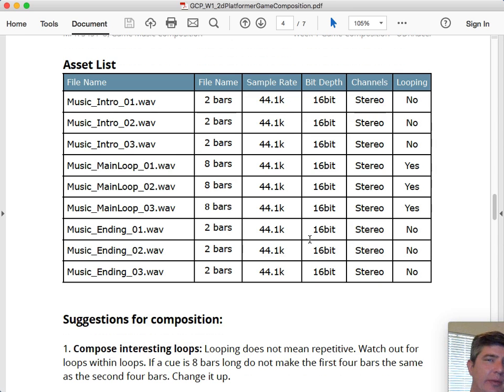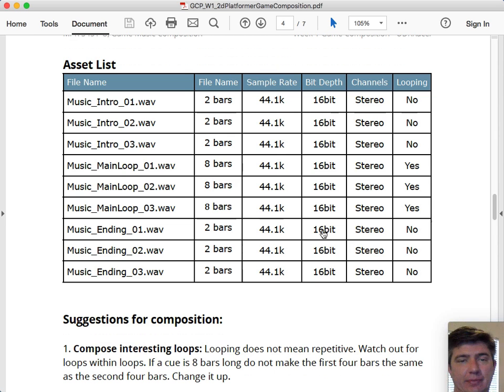The game will randomly choose one of them, play it for 8 bars, then randomly choose another one, play it for 8 bars, then keep going and randomly continue to shift and change the music soundtrack. This creates most of the content of the music that is heard during the gameplay. The intro starts it, plays for 2 bars, and then the game constantly randomly chooses one of these 3 8-bar loops to play.